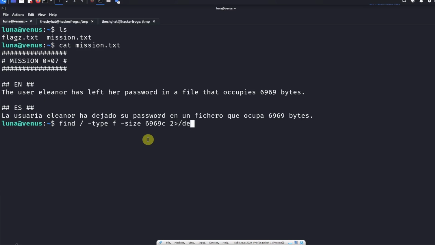Then finally, we're going to redirect all of our error output, which is this number 2, into the dev null device, which is basically making it so that we don't need to look at it. Okay, so when we run this command, we see that a file that fits this description exists at this file location here, which is /usr/share/moon.txt. So we need to copy this